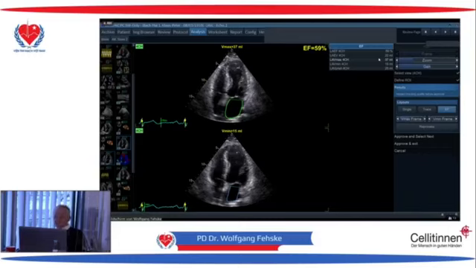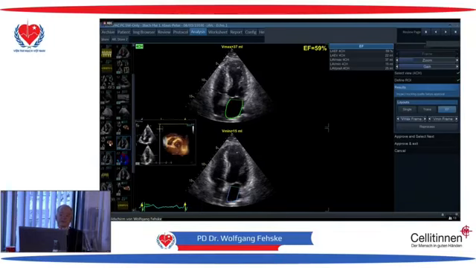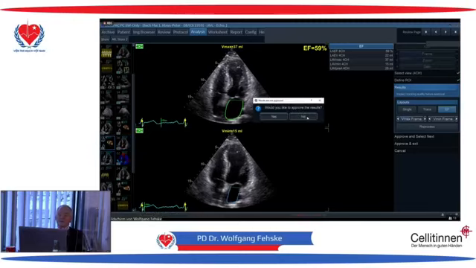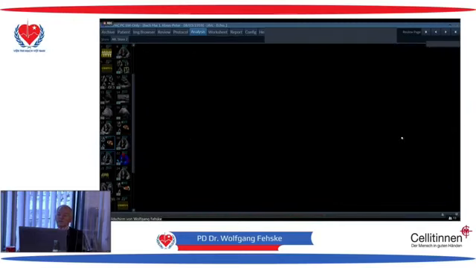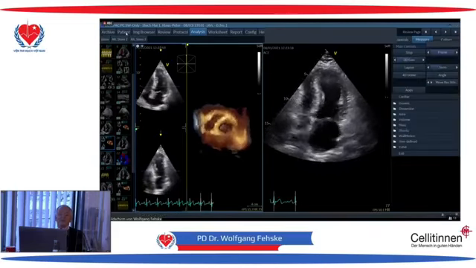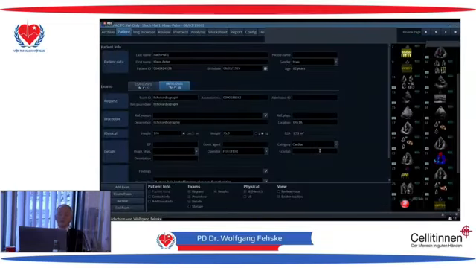We have right now, since all echo machines with machine learning and artificial intelligence and so far, and with the common interest in atrial fibrillation, they all, Tomtec and Philips and all the machines, are giving us the chance to measure the LA function with strain, volumes, and ejection fraction. And one thing which is really interesting, I told you before that I'm not so interested in the volumes of the